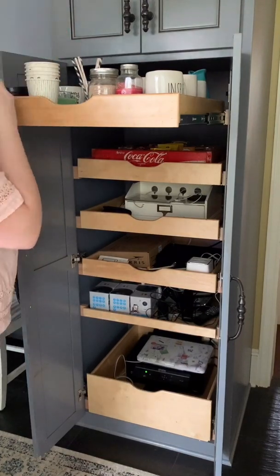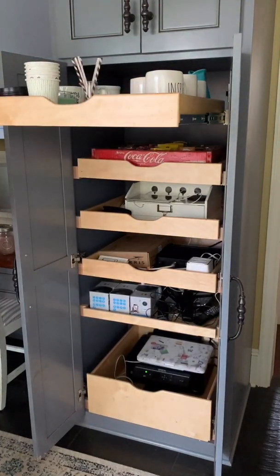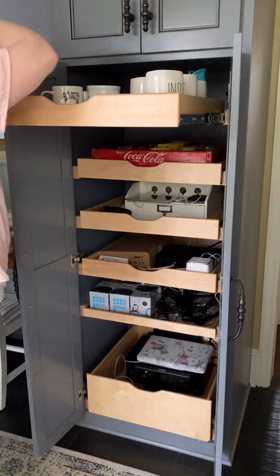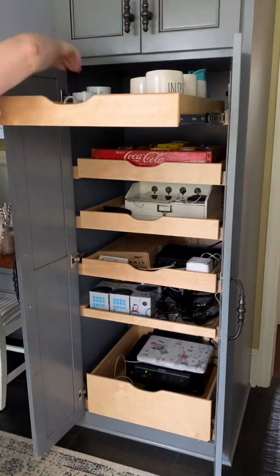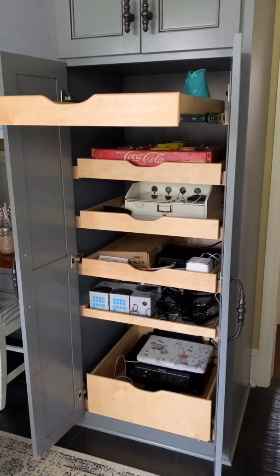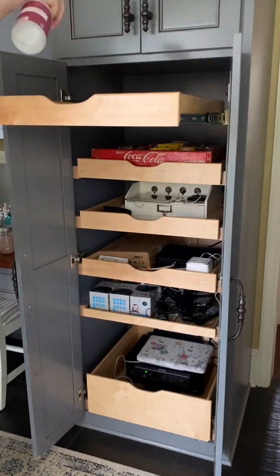Today I am tackling our command center. It kind of houses a little variety of stuff, so it has a lot of my desk and office supplies, it has coffee bar supplies, a lot of extra tech lives in here, so I just wanted to go through it, sort through what I needed, what I don't need, and just get a little bit more tidy